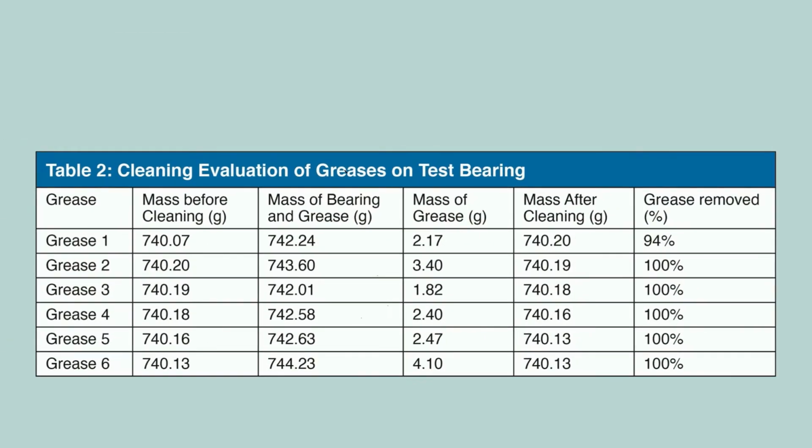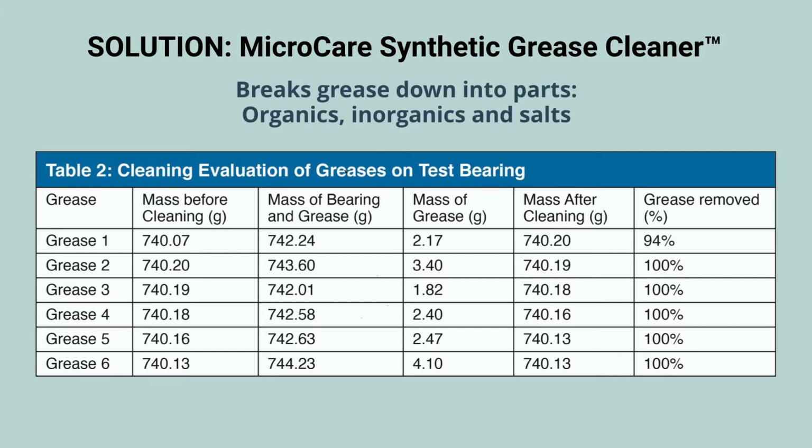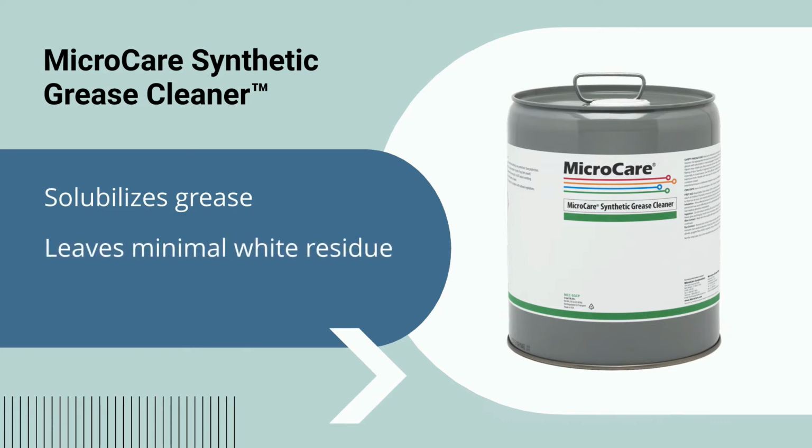The newly developed cleaning fluid, known as MicroCare Synthetic Grease Cleaner, broke the grease down into its unique parts. The solvating agent cut through the organic compounds, while the other ingredients lifted away the inorganics and salts. The MicroCare Synthetic Grease Cleaner not only solubilized all of the grease, but left minimal white residue behind, meeting our